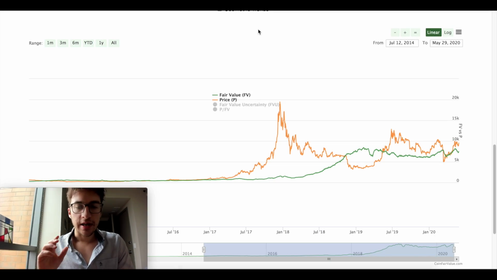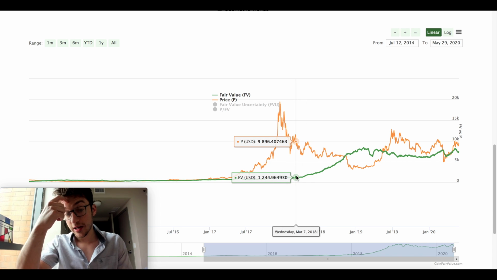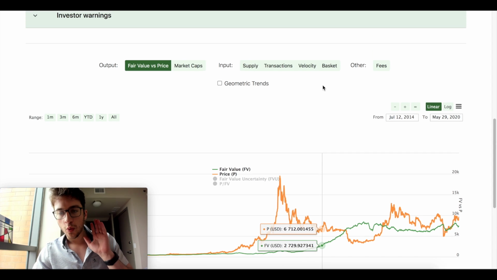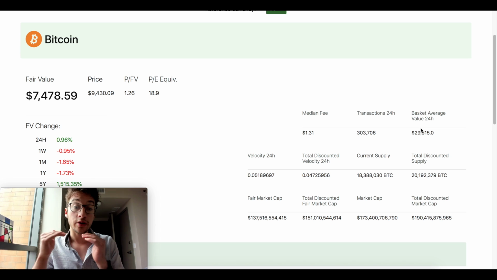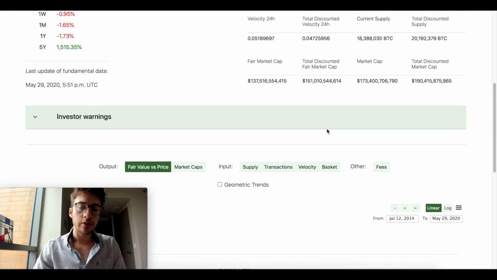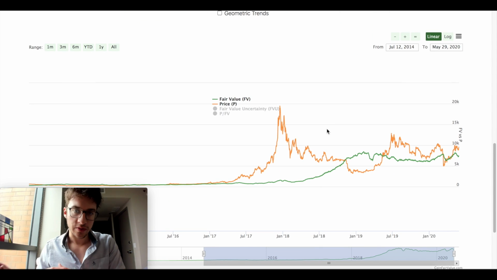Now look here. In green, you have the fair value price of Bitcoin, and in orange, we have the actual traded price of Bitcoin. Now, if you want the methodology for how you calculate fair value, the factors are here, and if you want to know the calculation for that, you can find that here. So let's go look at what ended up happening in the 3 stages of a classroom versus Bitcoin, of a